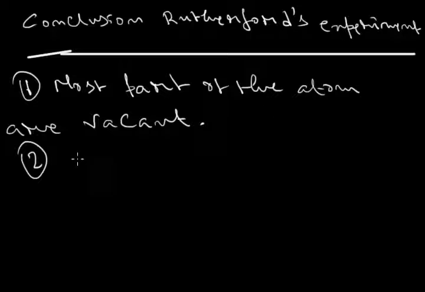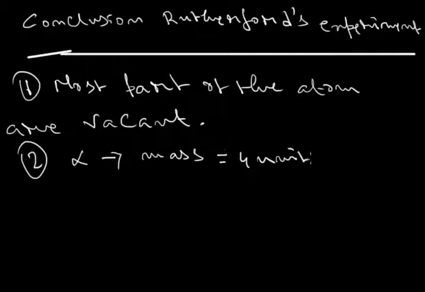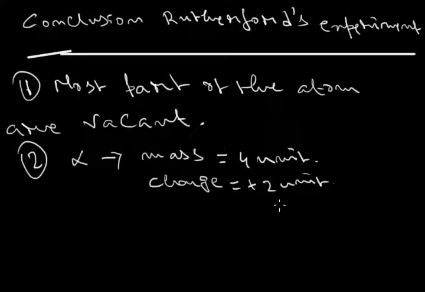Number 2, since the alpha particle, which has mass 4 unit and charge plus 2 unit, that is, it is a charge double to that of the electron, and the sign is opposite, bounces back at a 180 degree angle,